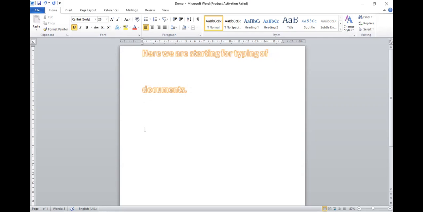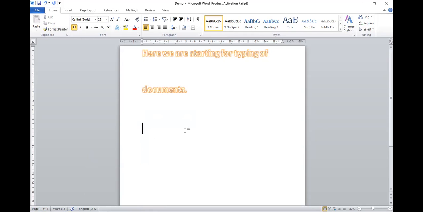For example, you can see now we are at page number 1 and we have typed 8 words, at line number 1. Page 1 of 1 means page number one. Now I have passed the control to this point. From this pointer, I can start the typing, and the typed text will appear on the document.